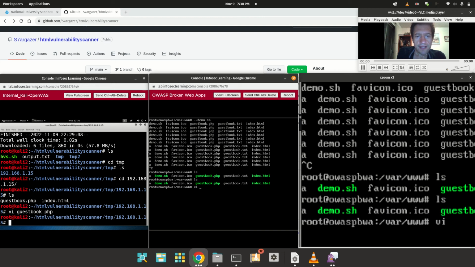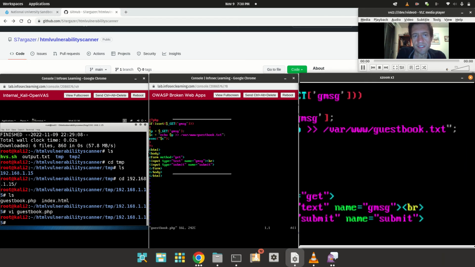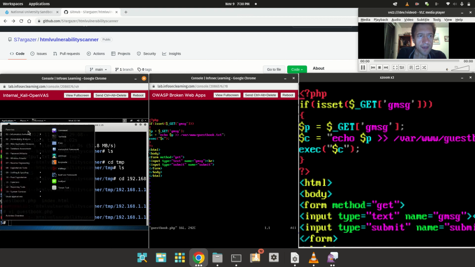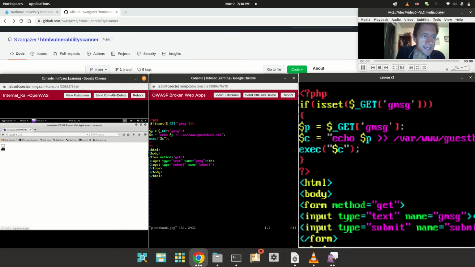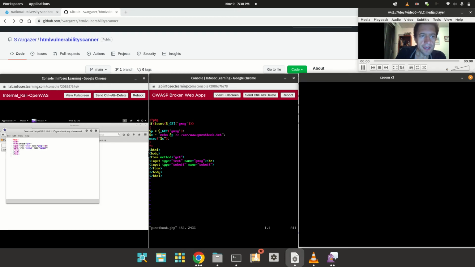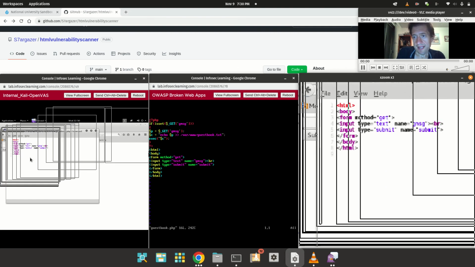I'll show that it is definitely quite different than the guestbook here, because we have the PHP, but of course that never shows up. It doesn't show up if I were to go to that web address. Let me see if I can view source. Yeah. So this is what the source looks like. That does not look good, but